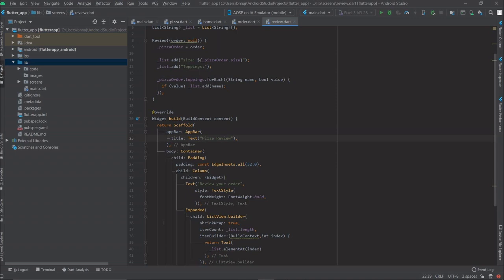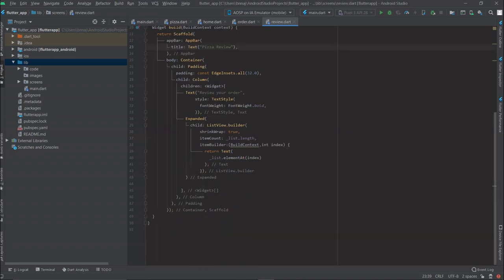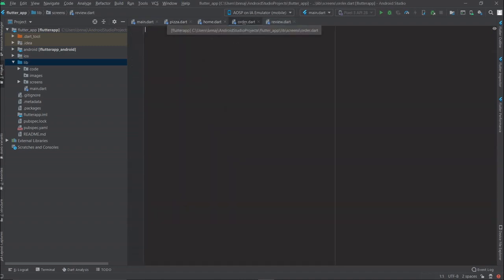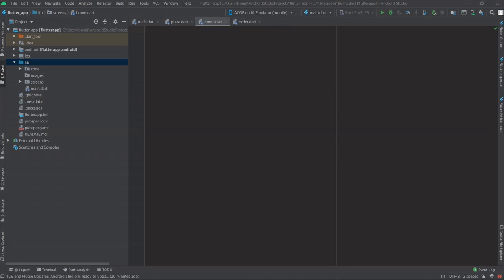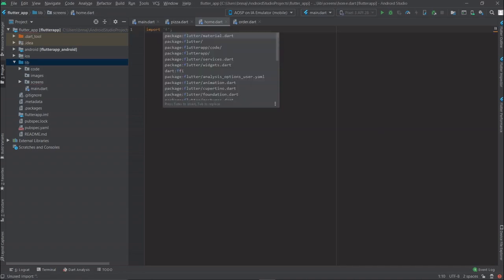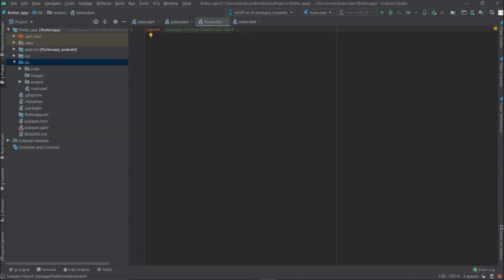Let's go on to the order. Close this out. So we'll go ahead and create our home page. Import package material dot dart. Okay. Then